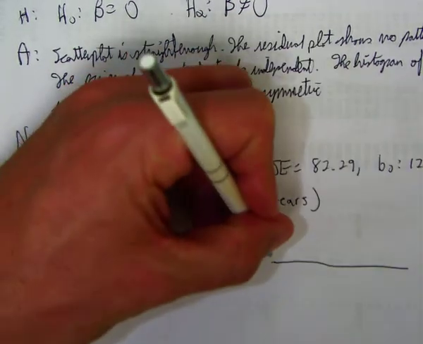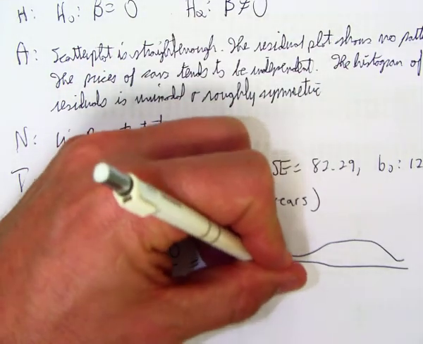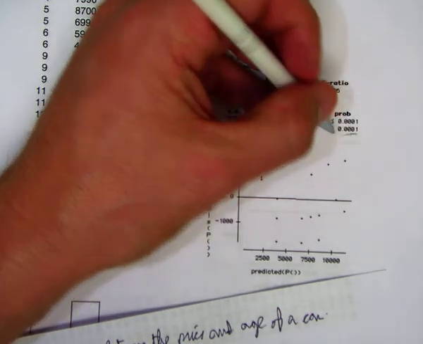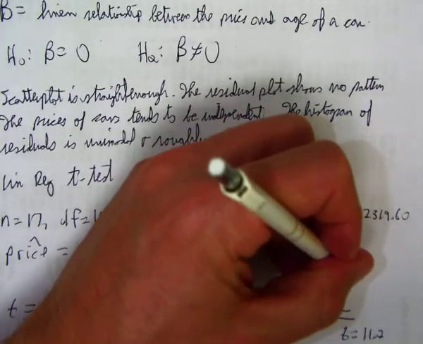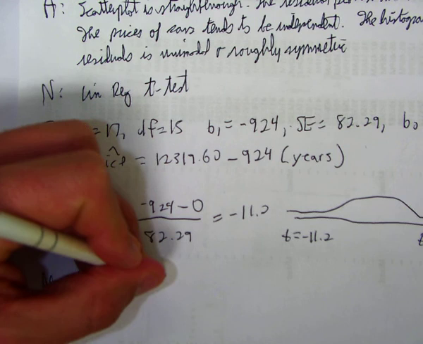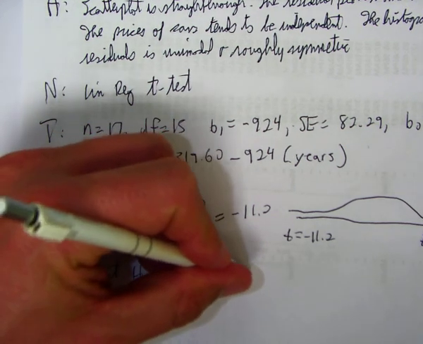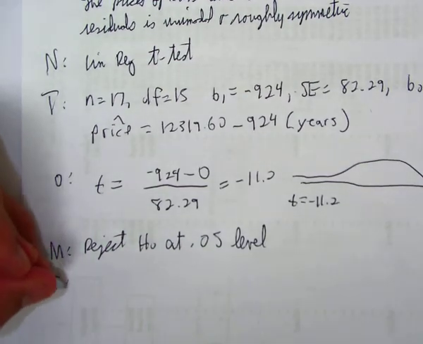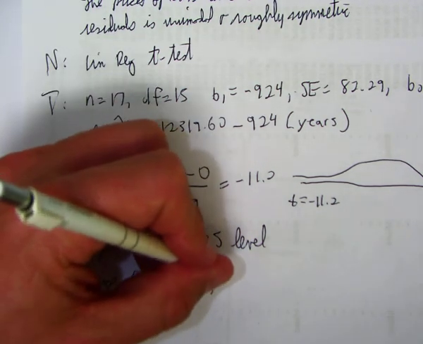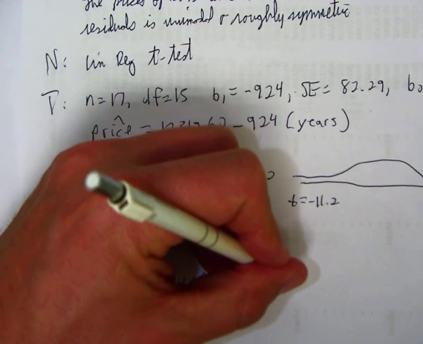Okay, so let's draw a two-tailed picture. We got t is negative 11.2, t is positive 11.2. Our p-value again is less than 0.0001. So we got to make a decision. We reject H-naught at the 0.05 level. And the conclusion, since p is less than 0.001, there is strong evidence